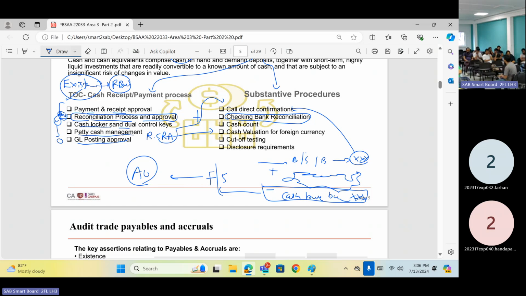Reconciliation should be approved, and in some instances reconciliation can be generated from the system. In some instances we may have check returns. You should have the ability to identify all those items, and the accuracy of the reconciliation should be ensured. Then only you can get the confirmation and tally it with the reconciled balance. After that, you can have good comfort about the recorded balance under cash and cash equivalents in the balance sheet. Right? So that's about reconciliation.